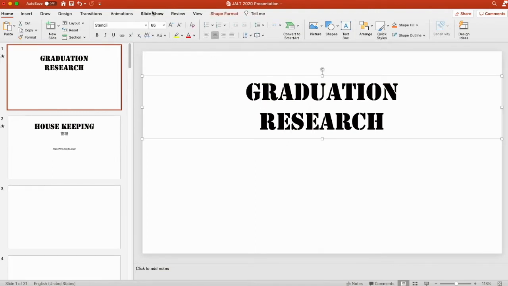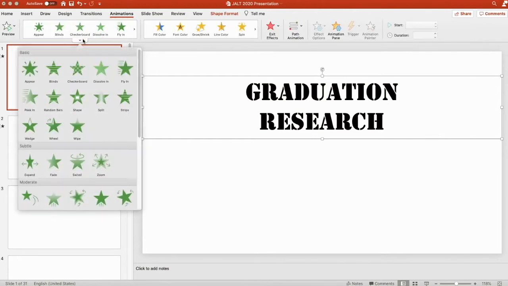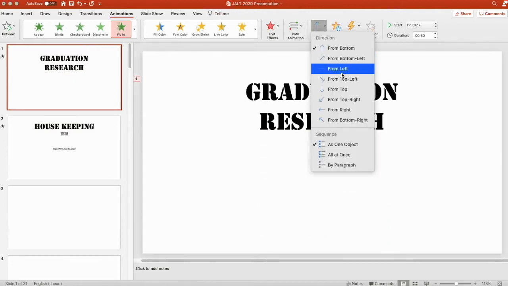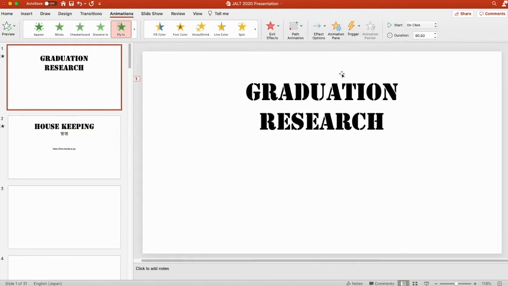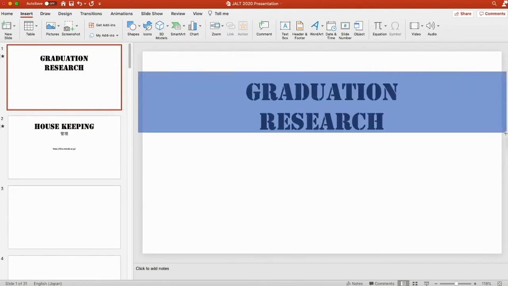So you highlight your text, click on animations. You can see there's lots to choose from. One of my favorites though is fly in, and if you have text flying in from the left, it has quite a nice effect. What you can also do is to add a background for the text as well, and you can insert a shape, so a rectangle over the text there,